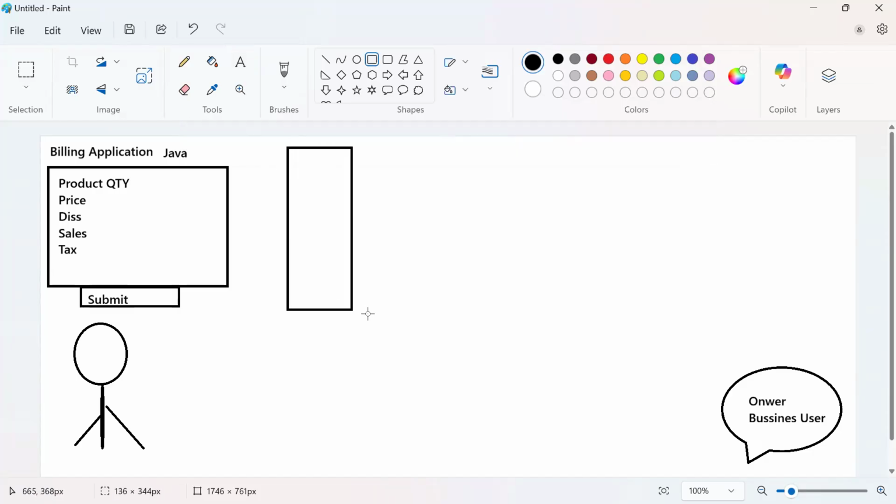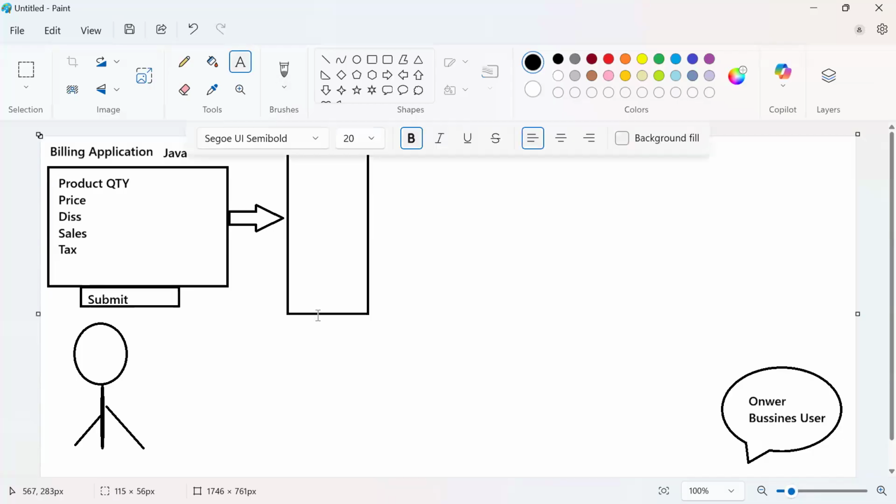This is what we call the live storage account.